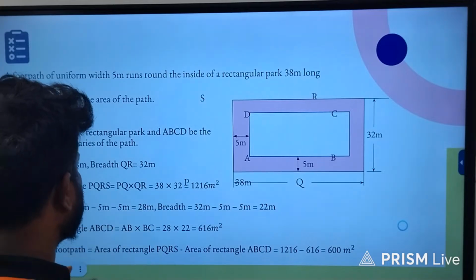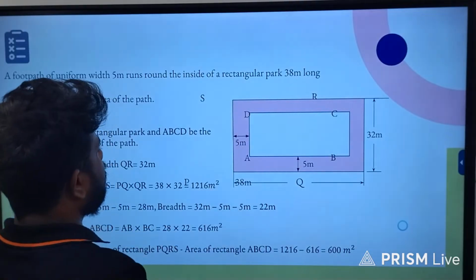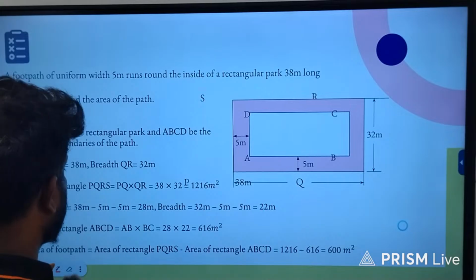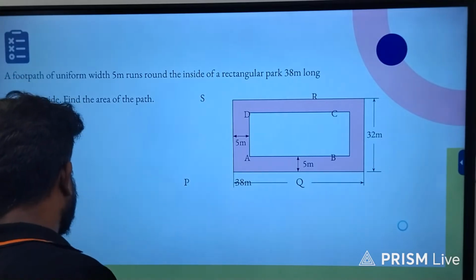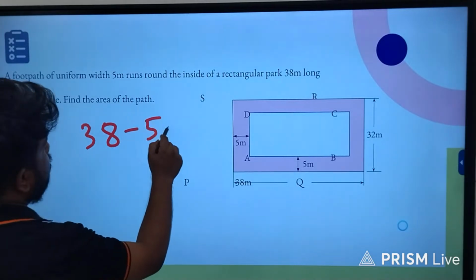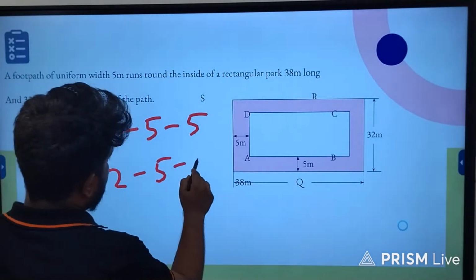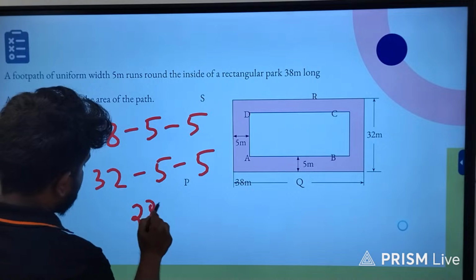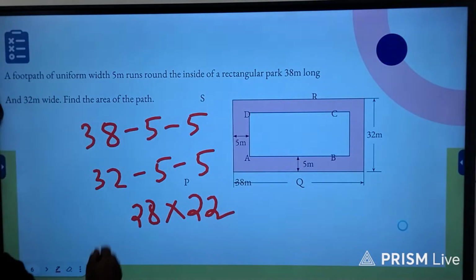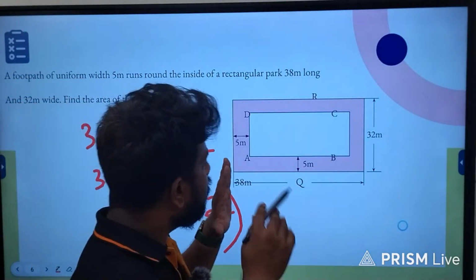382116. Okay, so 38 minus 20. Okay, no, sorry, we have made a little mistake here. It will be 38 minus 5 and 32 minus 5 minus 5. So, it will be 28 into 22. Okay. So, this one is the area of the path before